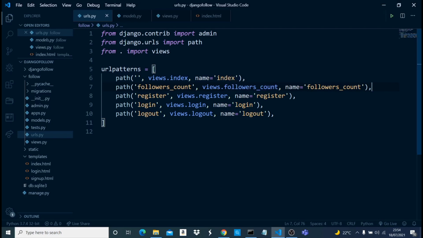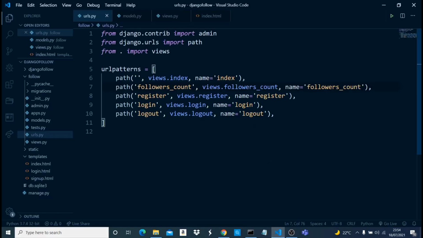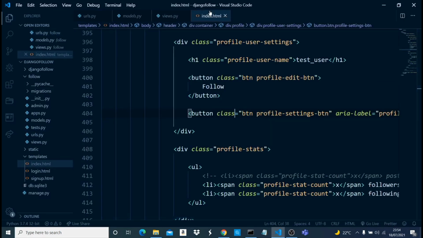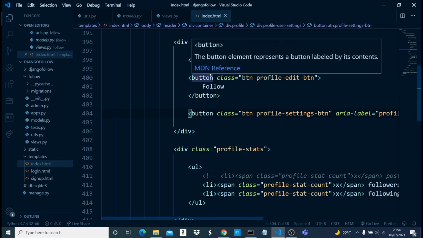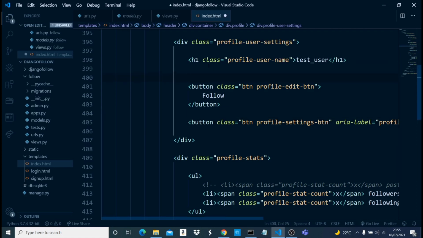So right now, let's come back to the code. Okay, we're actually in the code. So right here, I already created this URL for followers count. Now let's just go into the index.html and create the form that we need. So the first thing we want to do, this button class right here, I want it to be in a form. So I can just do form,